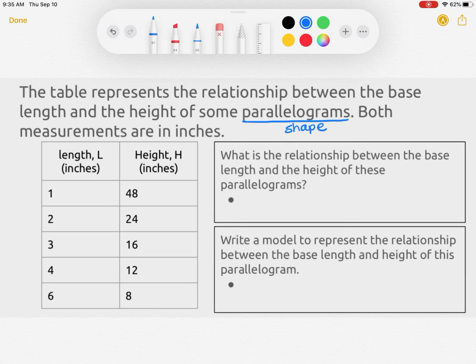Okay, both measurements are in inches. So we have this table. We've got the length on the left side and the height on the right side. Both of them are in inches. What is the relationship between the length and the height of these